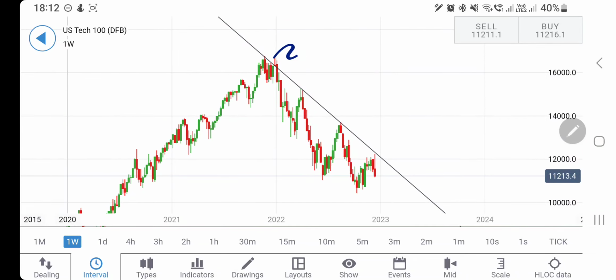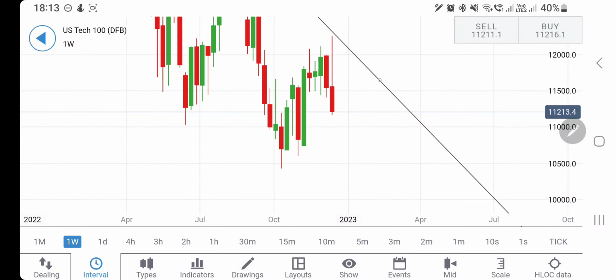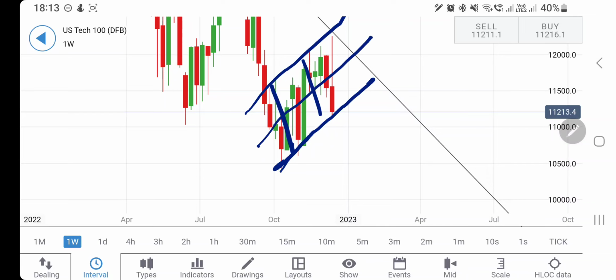In the last analysis, I told you that there is a little resistance here, and these are the highs of this channel. Precisely very close to the highs of this channel, it has reversed. At the same time, one must not forget that it is still respecting the lows of the near term bullish channel. So now what to expect?